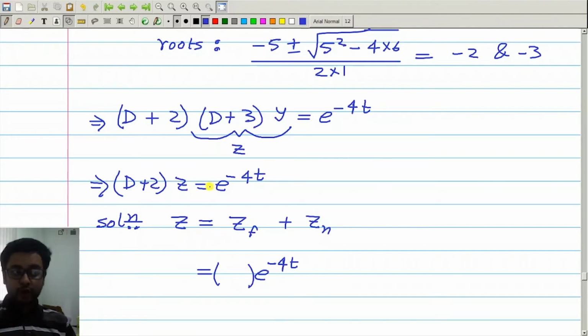Now the input polynomial is of degree 0, constant, so here also we will get some constant, call it a,